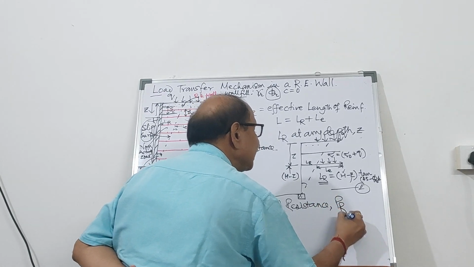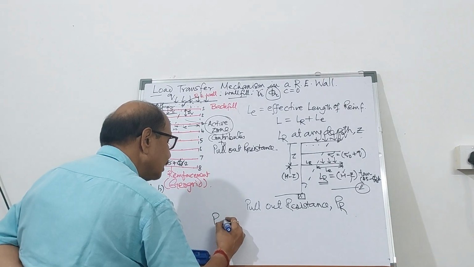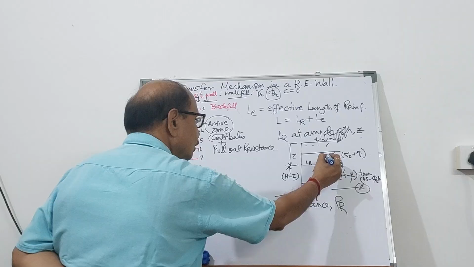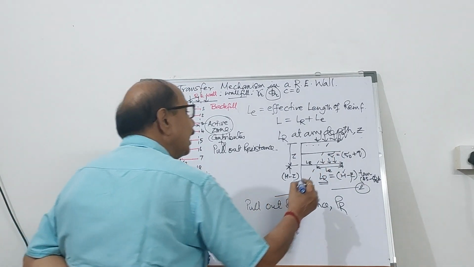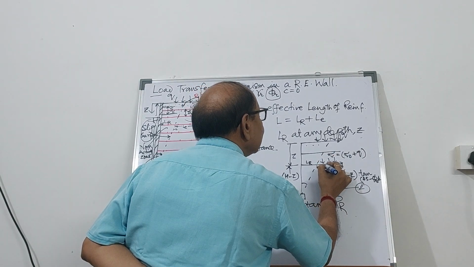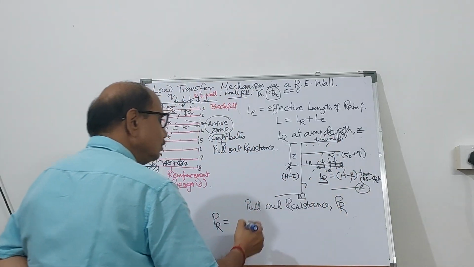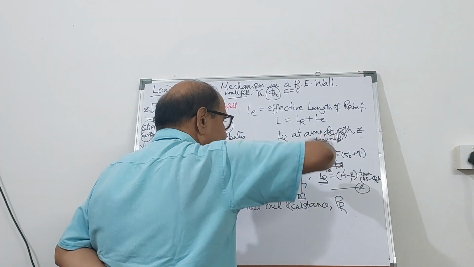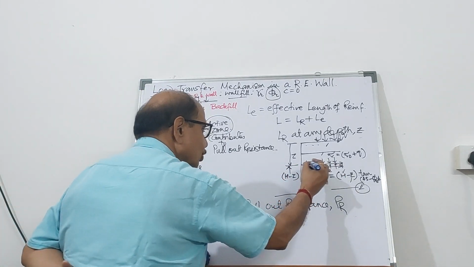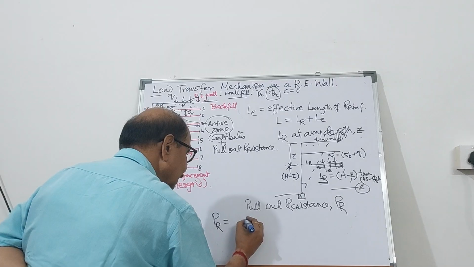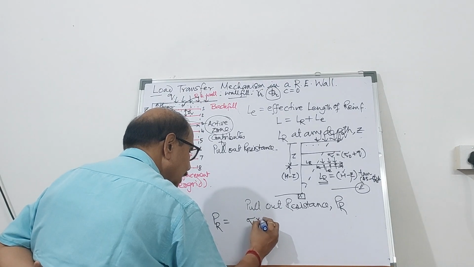Let's call it PR, pull-out resistance. So PR will be due to this vertical pressure, and there will be reaction. So on both the surfaces, this is completely bonded now. So it is going to be sigma V multiplied by